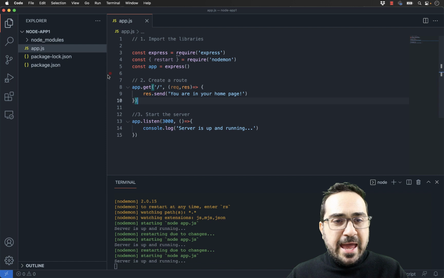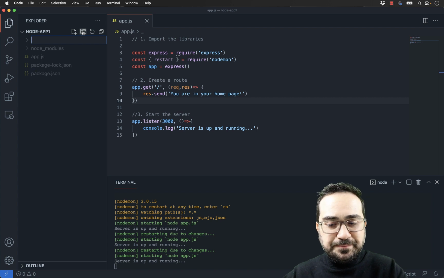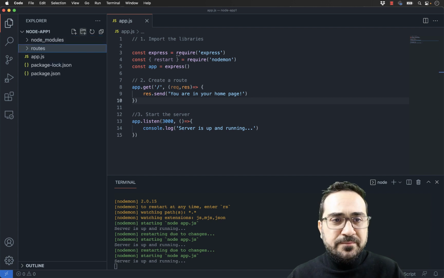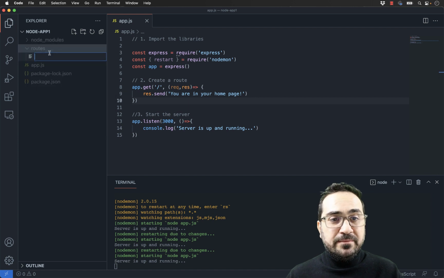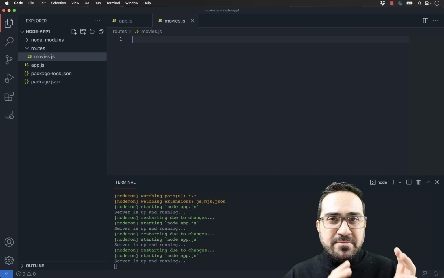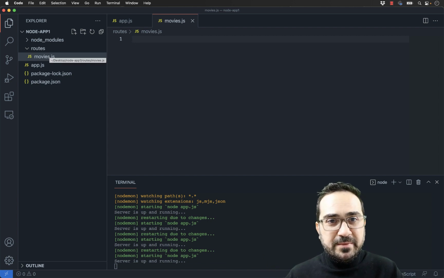And I will open a new. I will go here on the left side and I will create a new folder. In this case, not file, folder is the second one. I will call it routes, and inside the routes folder, I can open it here as it's empty. I can right click here and say create a new file, and I will call it movies.js. So name the file as you expect to have your URL, your route in my case.